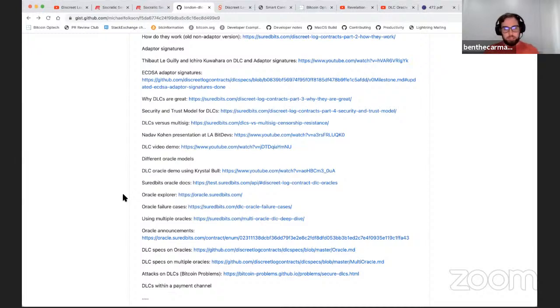Versus with the DLC model, the Oracle just signs something like, it is raining outside, or the Bitcoin price, or Biden won the presidency. Now that single signature can be used for every single user that's using them as an Oracle. So for the Oracle, it's not traceable, and it's a lot easier for them. They just put it out, and for the users, it's better because the Oracle doesn't know they're being used, they're hiding from the Oracle, and it's only between them and their counterparty.